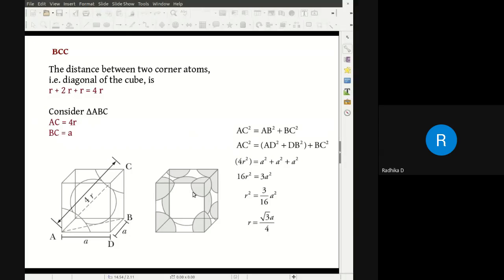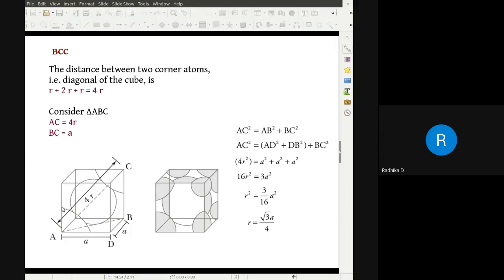So because of this, the relation between the radius and A, the side of the cube, is a bit complicated and we need to find that. This was 3 dimensions. On the left hand side, I have taken it in 2 dimensions. So this is 1 by 8 of an atom here at the bottom front, and at this point C, that is back, top, right side, I have taken another atom which is also giving 1 by 8, and in between is this full atom.